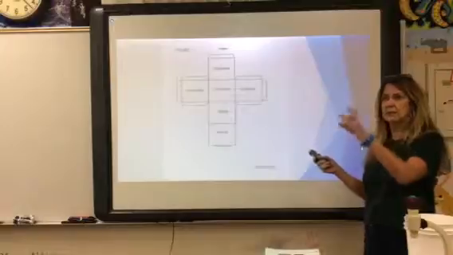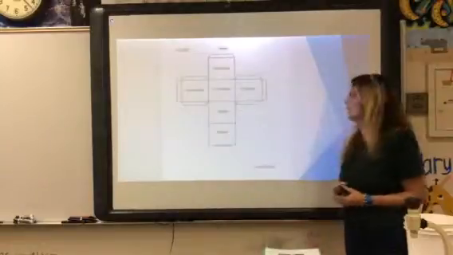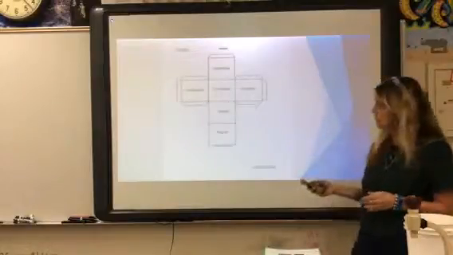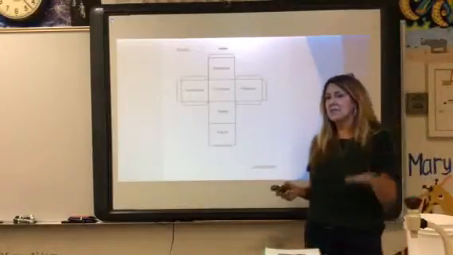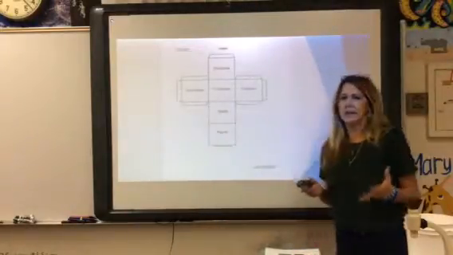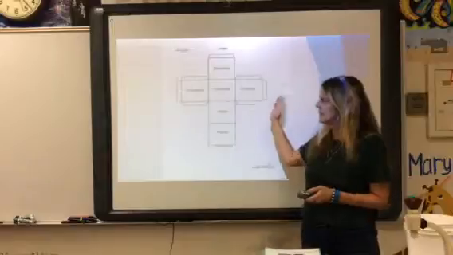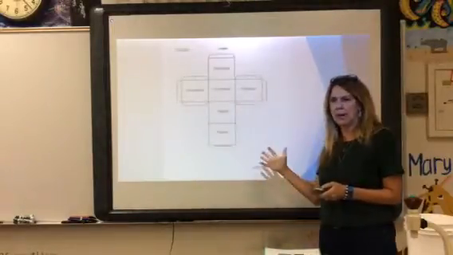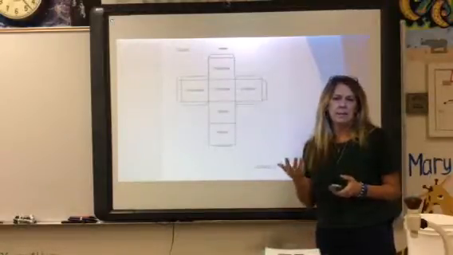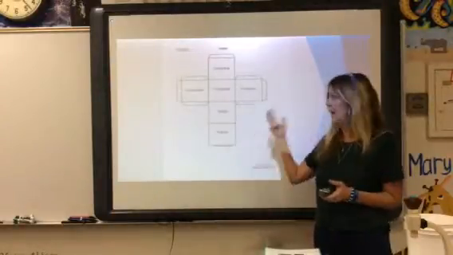This is what the usual cube that most of us are familiar with looks like, with the describe, associate, compare, analyze, apply, and argue. What I would like for us to do today is to take this idea of cube and create our own types of cube. This cube is very important because it does allow us to take some of the free forms of pre-writing and then really focus it into three elements of writing that are very important for students to think about: audience, purpose, and form.